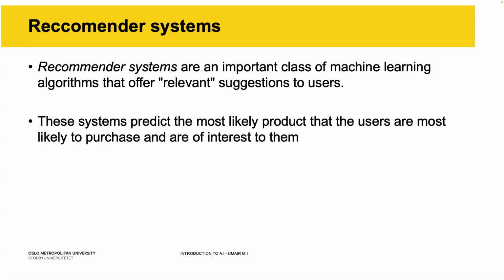Now, recommender systems are very important. The reason they are important is because we use them on a daily basis. If you want to have a relevant suggestion coming up, a recommender system will give you one. For example, you watch a show on Disney Plus, HBO, or Netflix. Once you are done watching the show, the next suggestions you get are based on your previous watching history. That comes from recommender systems.